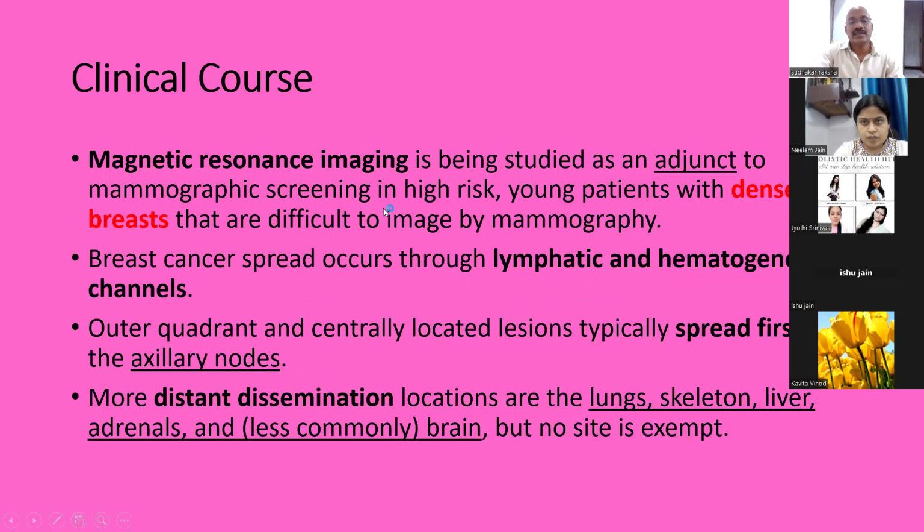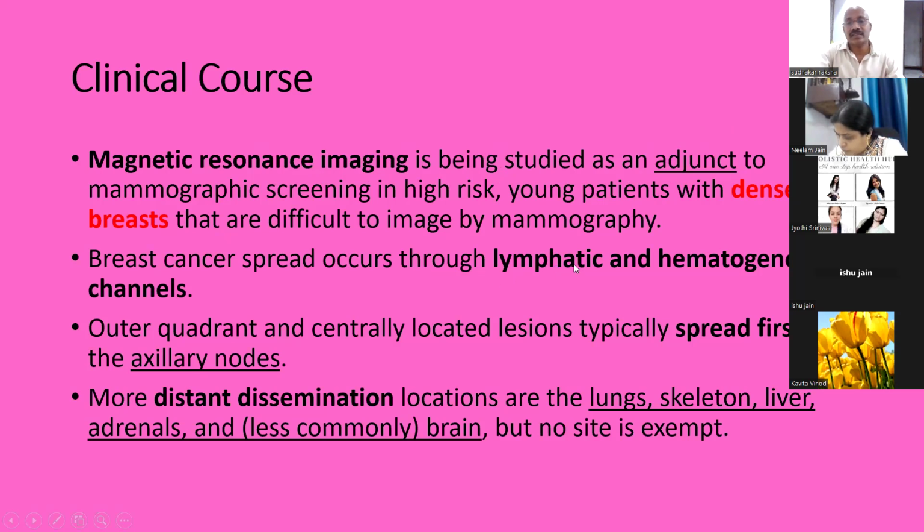In some cases, the breasts are very dense. Mammography helps in differentiating the tumor based on the density of the breast. The adipose part is much less dense, whereas the tumor is more dense. But in very young patients, the breast is dense. So in case of dense breast, we have to go for MRI scanning, where we can pick up the tumors. It is an adjuvant to mammography.